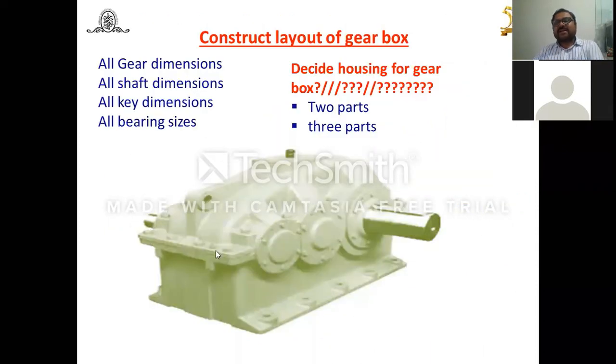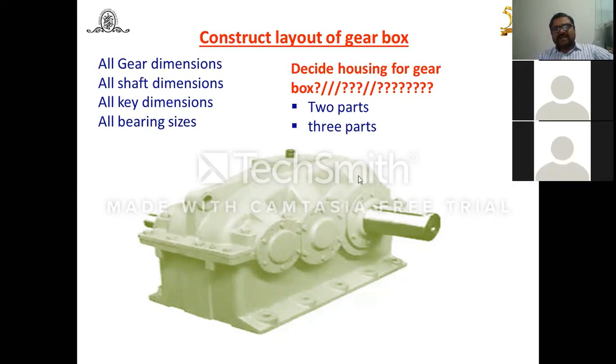Once you have constructed it, this construction helps you because it decides the housing or casing for the gear, and the casing may be in 2 parts or 3 parts. Look at this diagram. Now in this case, the casing is divided into 2 parts. The bottom is the housing and the top part is the cover. Sometimes it is known as upper casing, sometimes as lower casing, or is known as housing, and this is known as the cover also. Right? Different words or nomenclatures are used in different books.